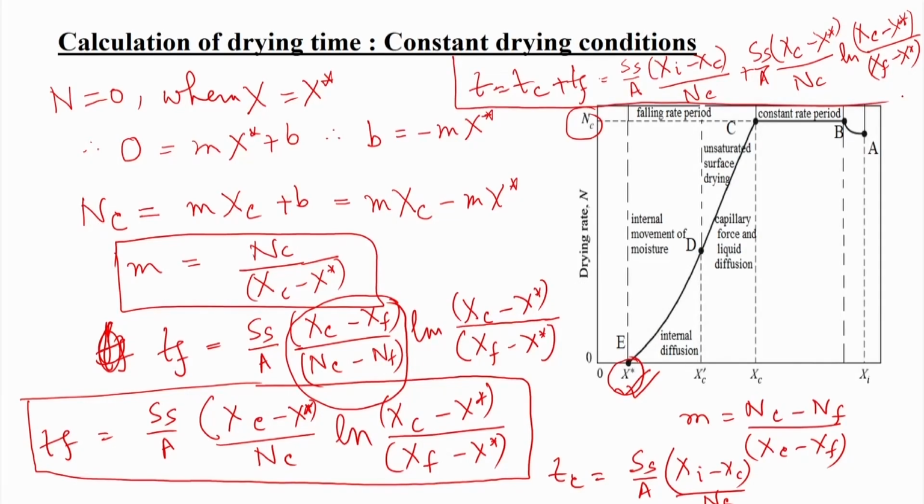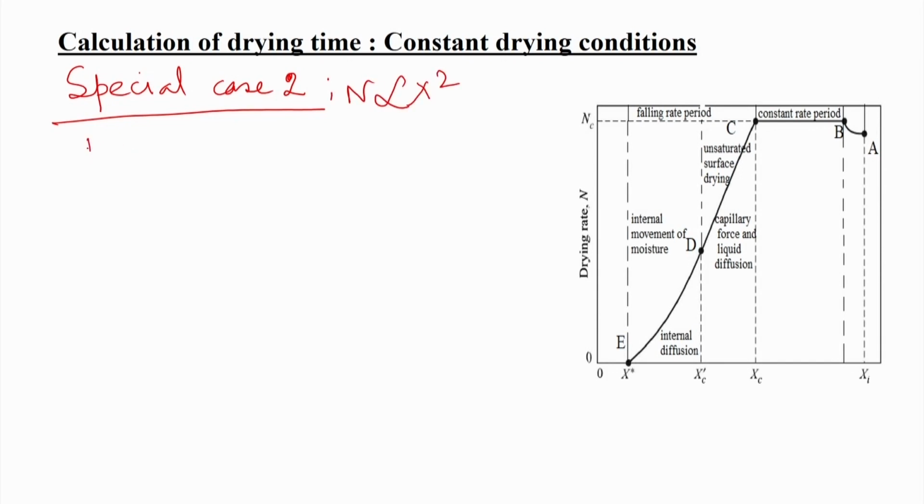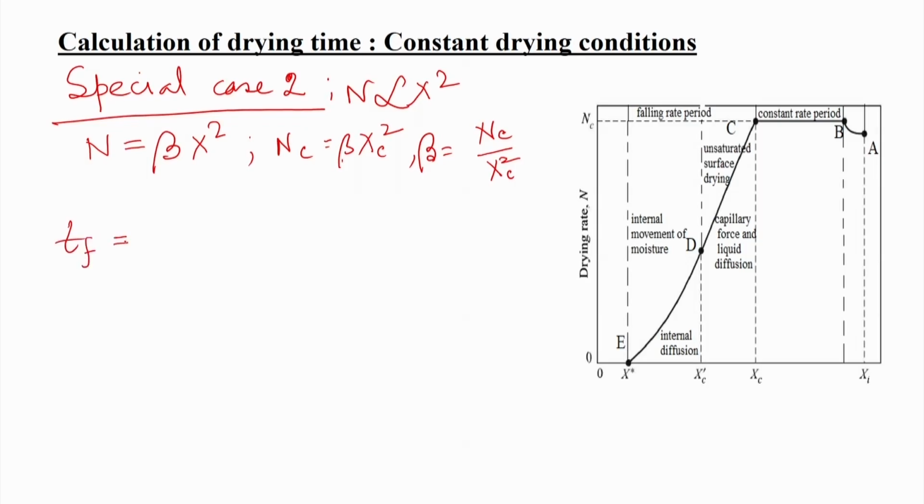Okay. Now, another case we discussed, special case 2, where we said n is proportional to x square. So, n will be equal to beta into x square. Then n_c will be beta into x_c square, and beta is equal to n_c by x_c square. In that case t_f, the falling rate period,